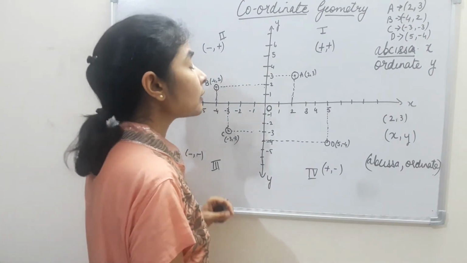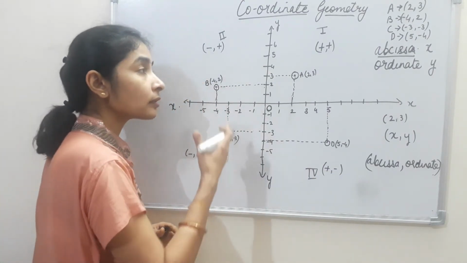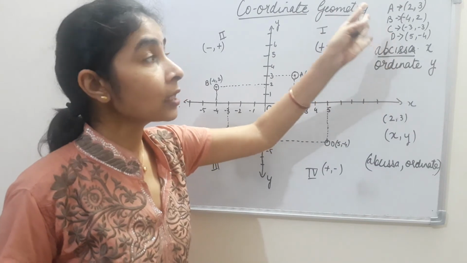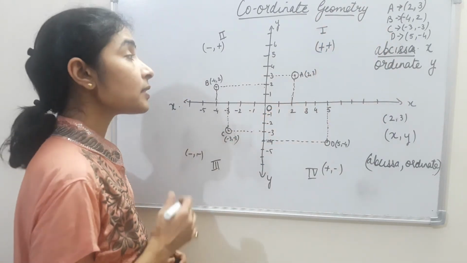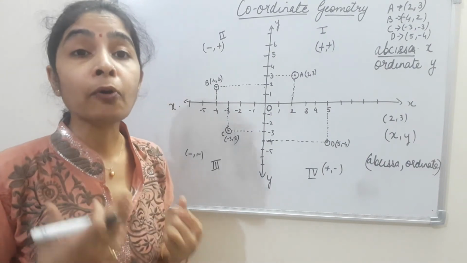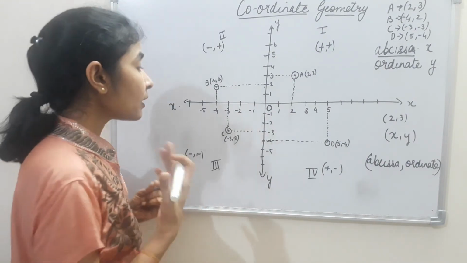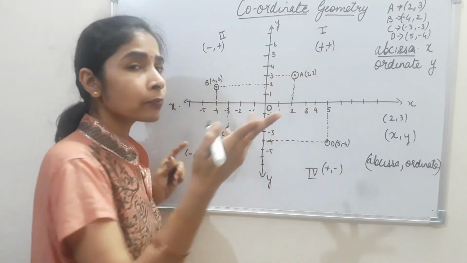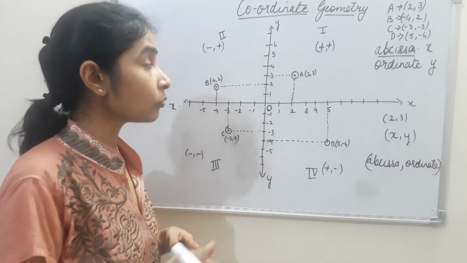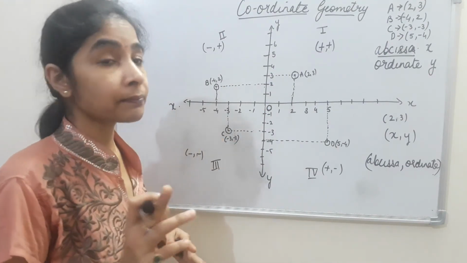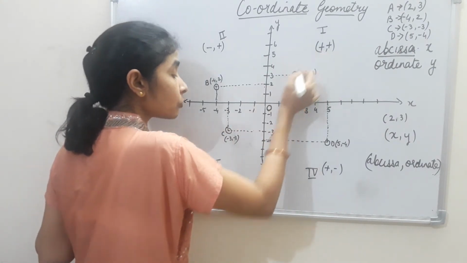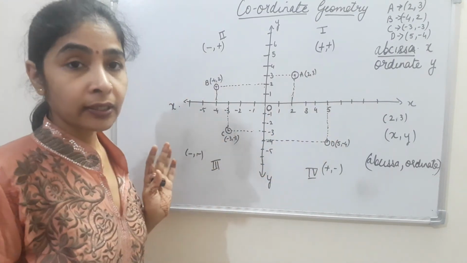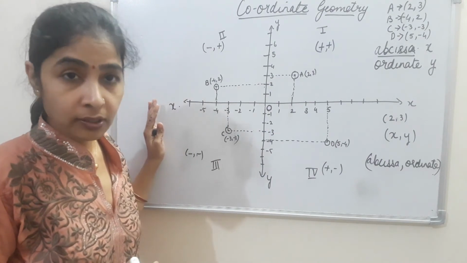Now the questions are generally asked like this: to mark the points on the Cartesian plane, where you are given the points in the ordered pair and you are supposed to mark them. Sometimes it is also asked whether the points are in a straight line or not. If we are asked whether A and C are in a straight line, then we can definitely say yes, because we know that we can draw a single line passing through two points. So here we can join A and C. But if we are asked whether all 4 points are lying in a straight line, then we would say that